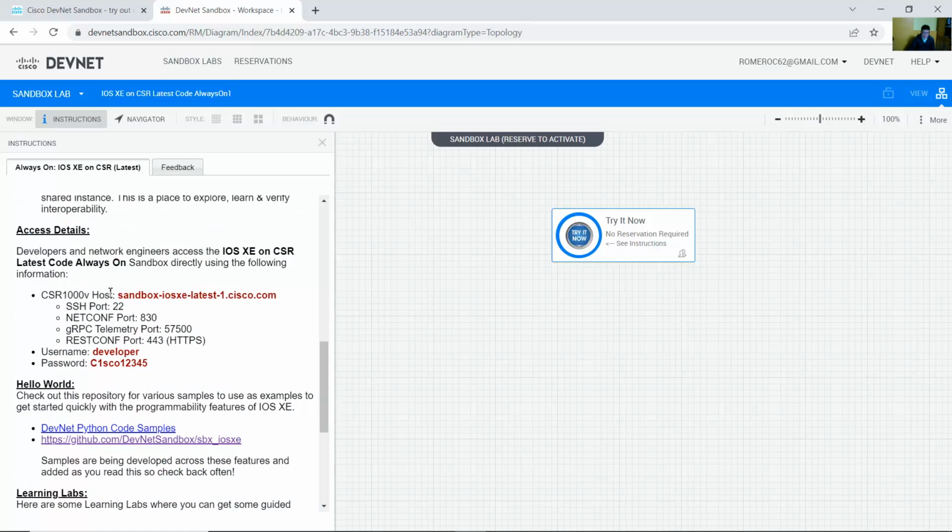Access details, the name, sandbox-iosxe-latest-1.cisco.com, SSH port 22, netconf port 830, RESTCONF port 443, HTTPS, username developer, password C1SCO12345, C uppercase, be careful, case sensitive,